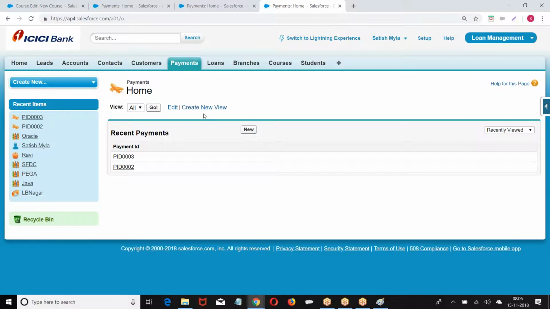Now, already we have data. What is he indirectly trying to tell? He is trying to tell us to make customer and payment a master detail. But already there are thousands of records in the database. If it is new, I can create it. But it is not new, data is already existing in the table. Practically, we cannot create a master detail on an object which already contains data. So I will not be able to create a master detail.